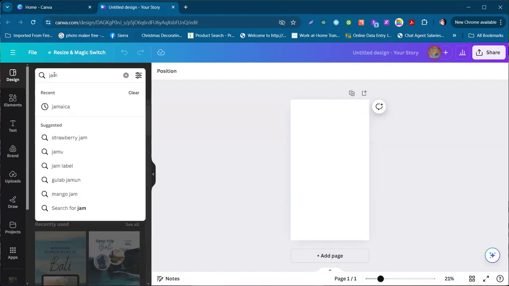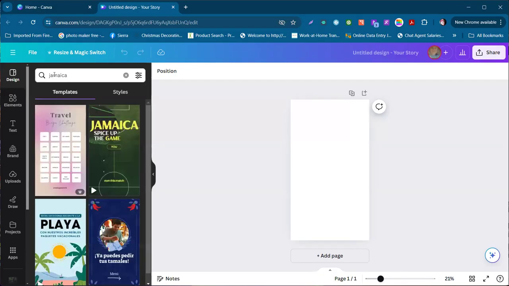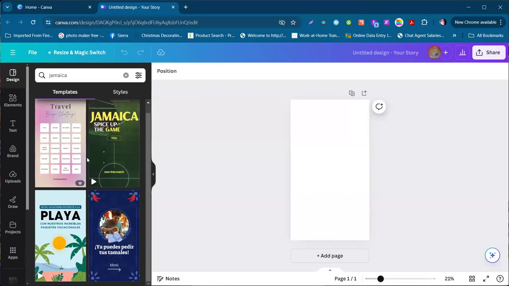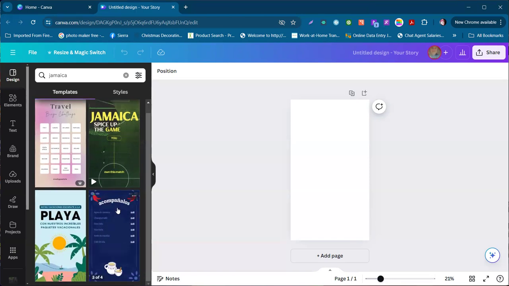We're just going to type in Jamaica. And then we can pick any of the templates that we have here. You can make it a very basic, boring thing or not. It doesn't really matter a whole lot which one of these templates you choose. You can also go to elements